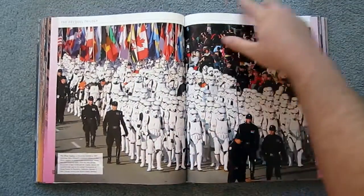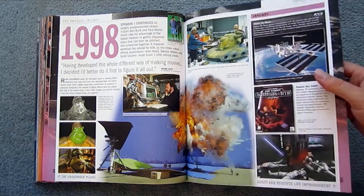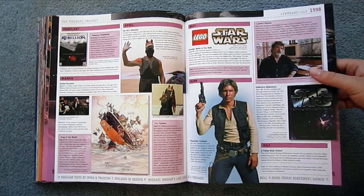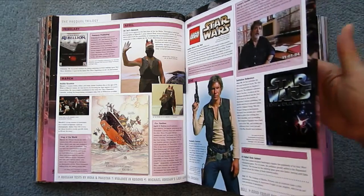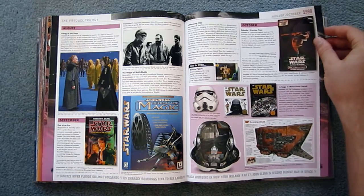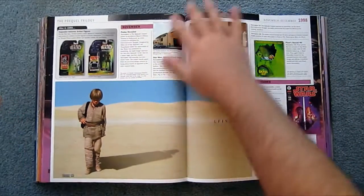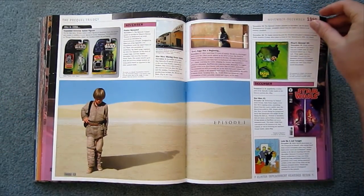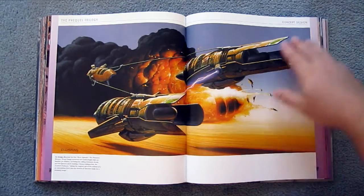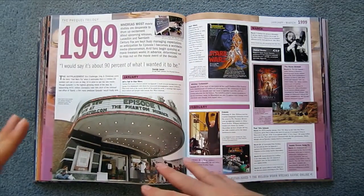There are a couple of Star Wars books released around this time that were giving me the impression that maybe they had run out of ideas. Like there was one on trying to link Star Wars to historical events in real history, which was definitely a stretch in a lot of places. And then there was another one called Star Wars Frames, which was just pictures from the movie, which I don't like those sort of books at all. And then they started releasing the Star Wars art series, which was nice, but it's really great to have a book like this come out of left field and prove that no, there's still a whole ton of